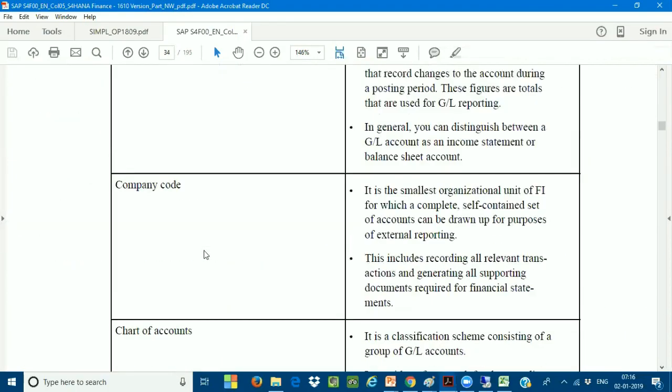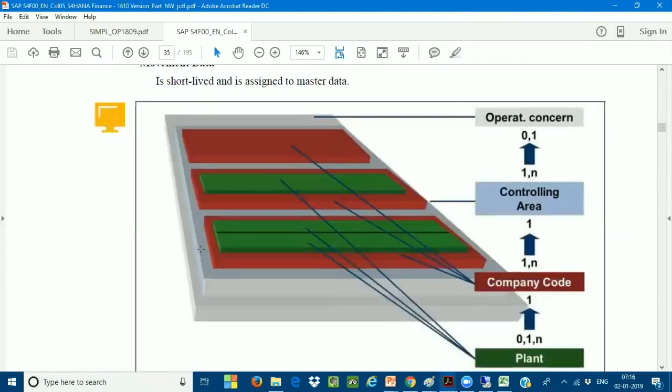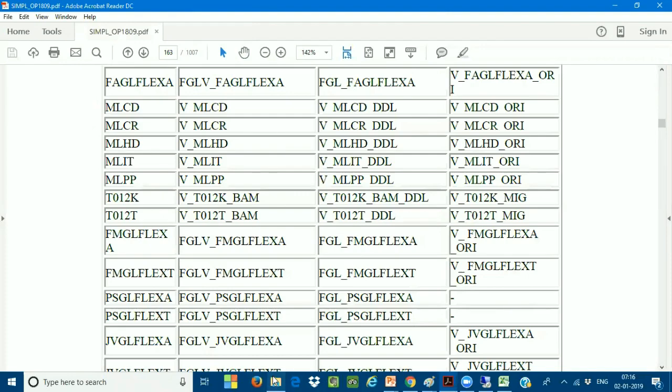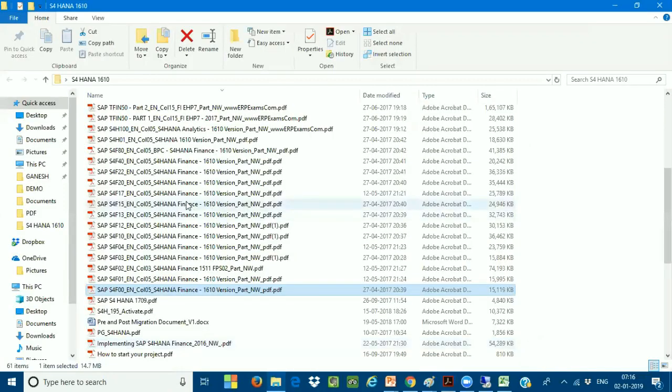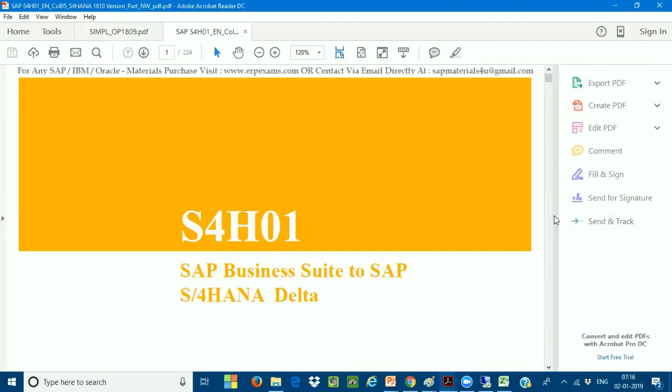This is one document I'm attaching, and there is one more document also. I will give it to all of you now. Okay, 1 second. And there is one more document also. I'll just share it with all of you. This is a very, very important document. I just want to give it to all of you. I'll also give this document.